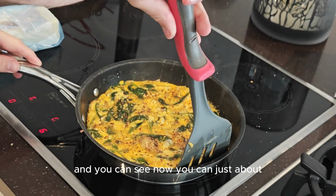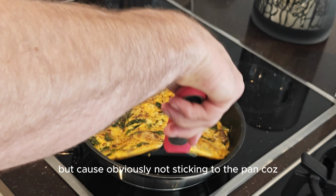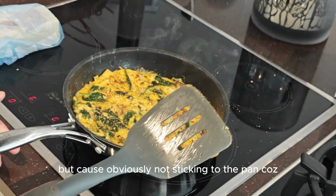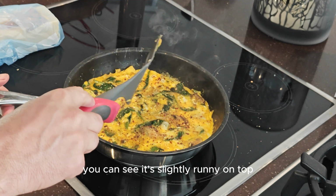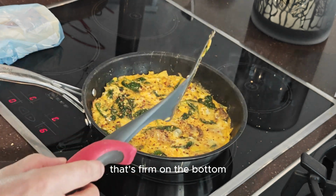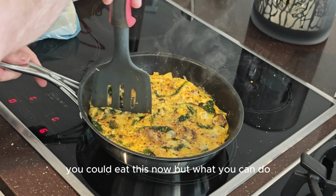And you can see now, it's still sort of runny on top, but it's obviously not sticking to the pan because it's a non-stick pan. It's got all that butter in there as well. You can see it's slightly runny on top, but it's firm on the bottom. So really this is cooked. You could eat this now, but what you can do,